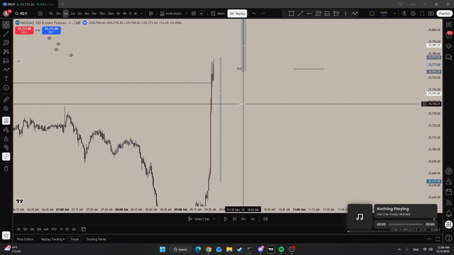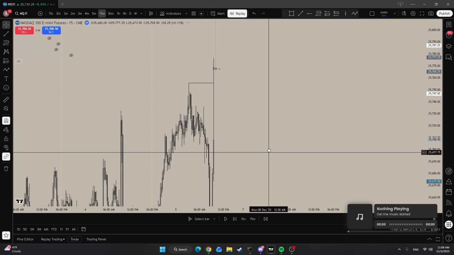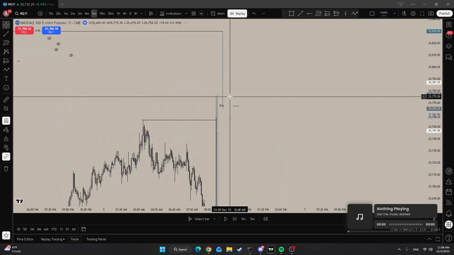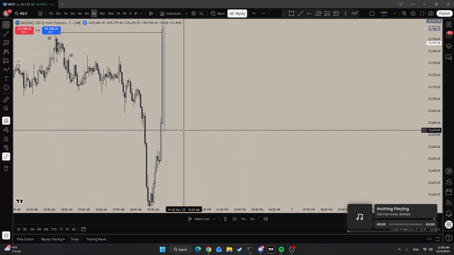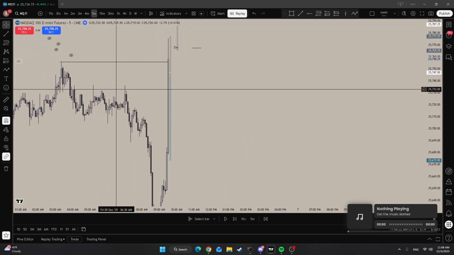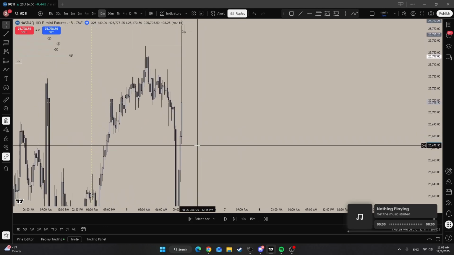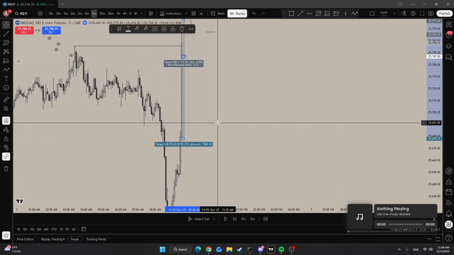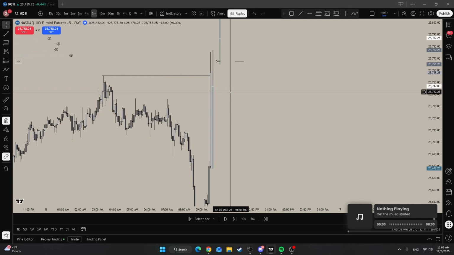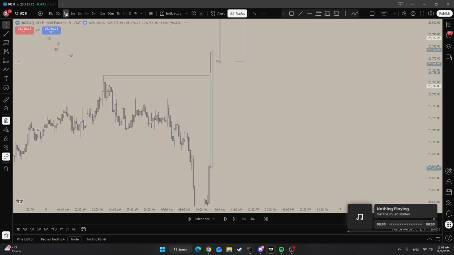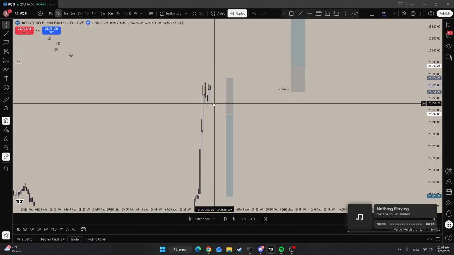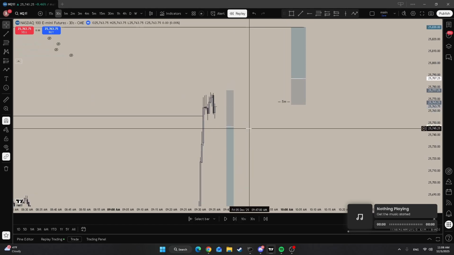So then I was looking for maybe a mech model down to, I believe it was an unfilled 5 minute down here, or it might have been the 15. It was something around here, like an unfilled 5 minute, I believe. I wanted to see a clear displacement. I didn't see anything yet, so we kind of chop a bit, and then we get this nice manipulation